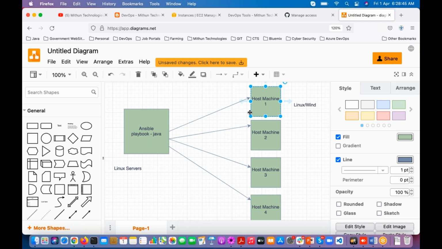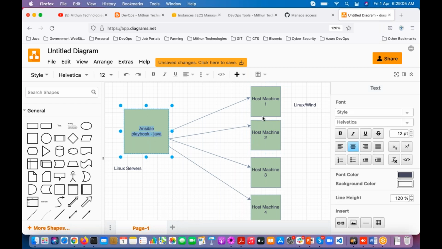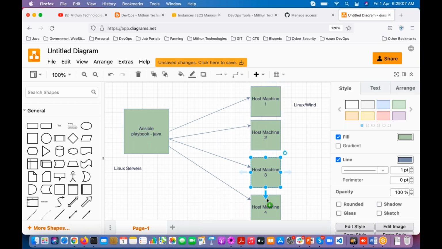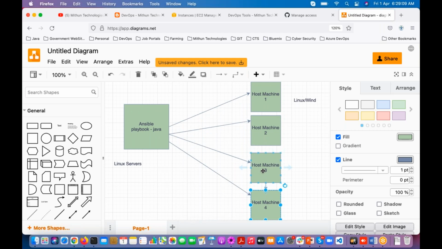So it is a pull-based architecture. If any changes are there, immediately these agents are going to get them and install them. We don't have control. But if it is Ansible, it is a push-based architecture. When we execute this playbook, that time it is going to perform the task here.